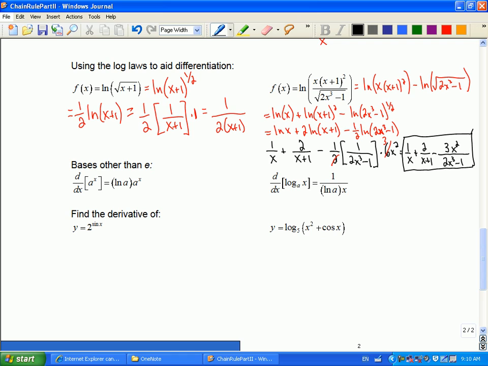So the last part of this is that we'll be able to find different bases, and that means something like, what's the derivative of 5 to the x? So here's the generic formula for any base other than e, and it looks like this. How you get there is a to the x. I want to use the information I already know, which is the base e. So if I rewrite this as e to the natural log a times x,